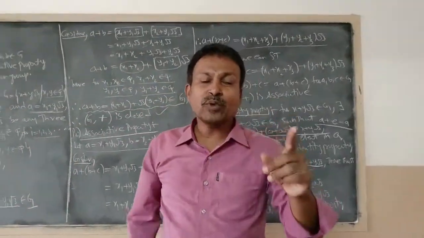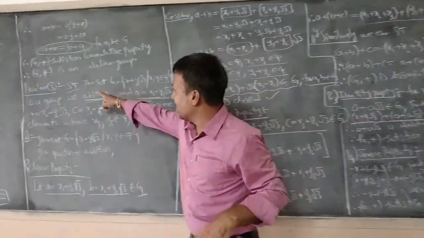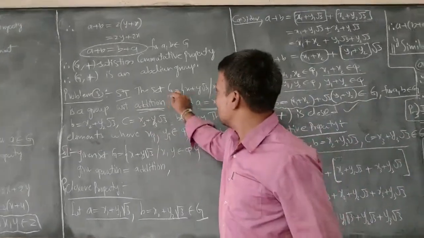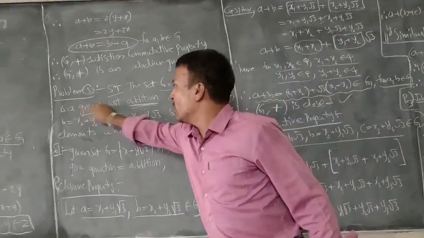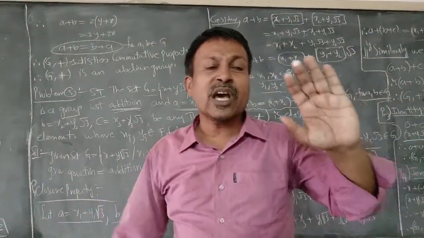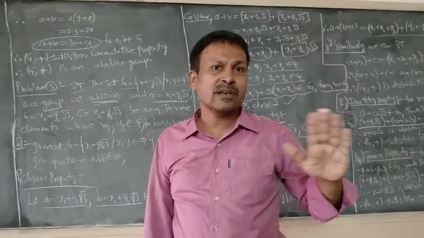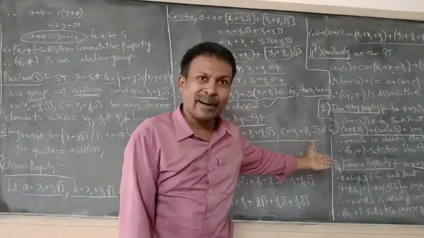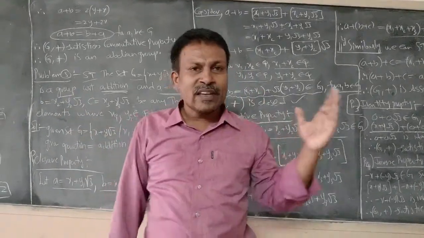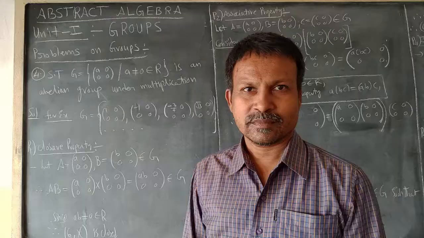So, we should not prove the problem blindly. We have to see the statement very clearly. What is to be proved? We have to prove that the set G is a group with respect to addition. So, the four properties which are to be proved for a group are closure, associative, identity and inverse. Therefore, we have proved those four properties for set G for the given operation addition. Therefore, we can clearly conclude that G comma plus is a group.